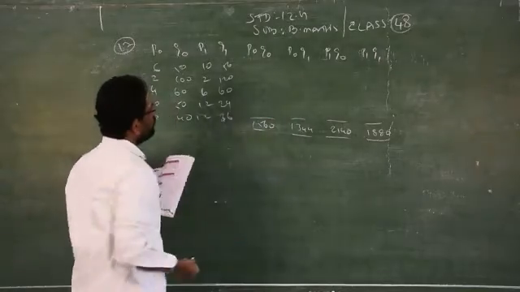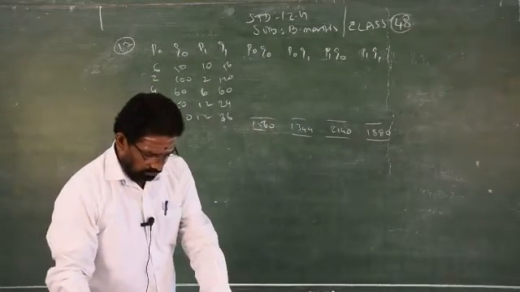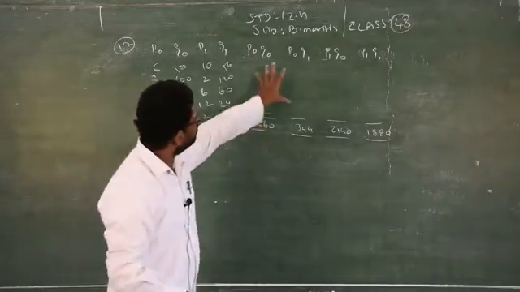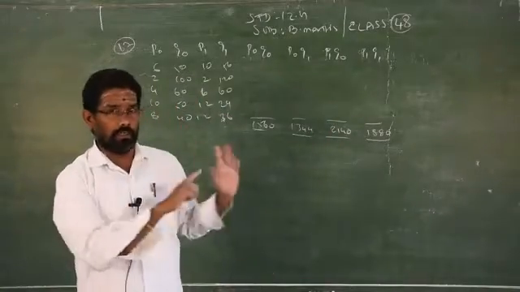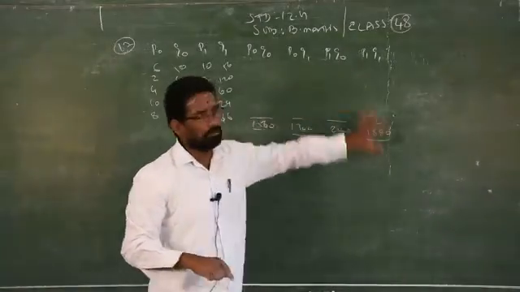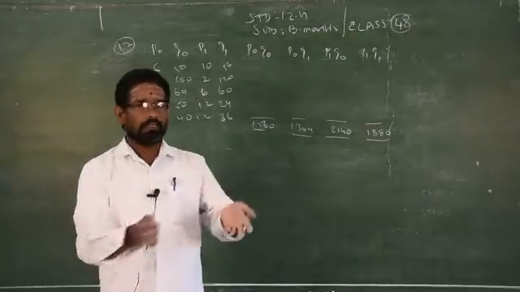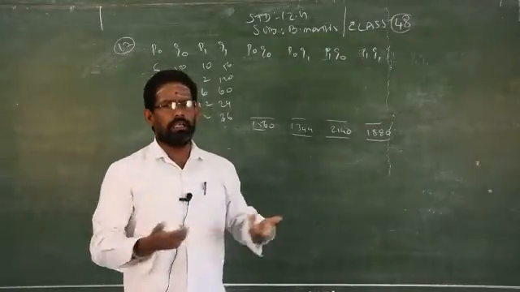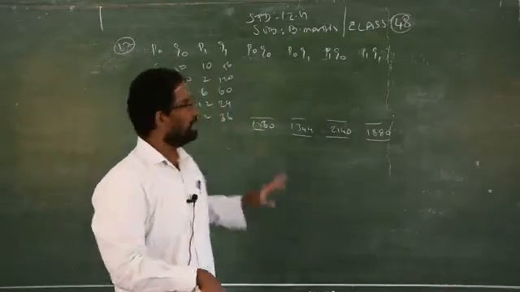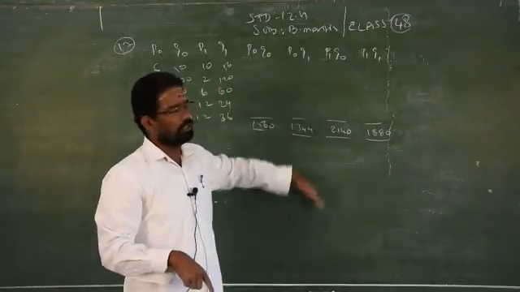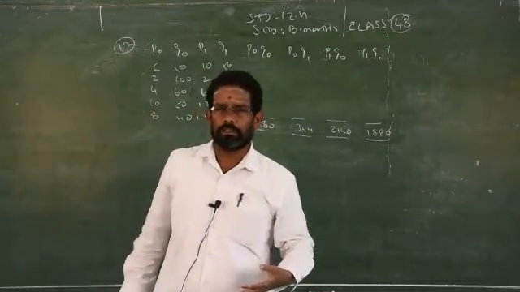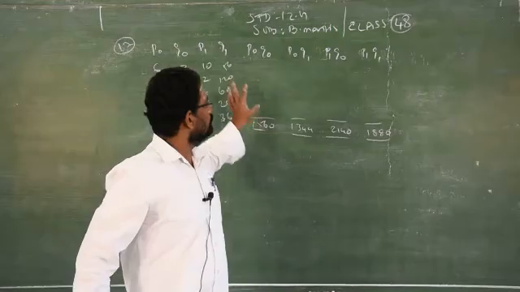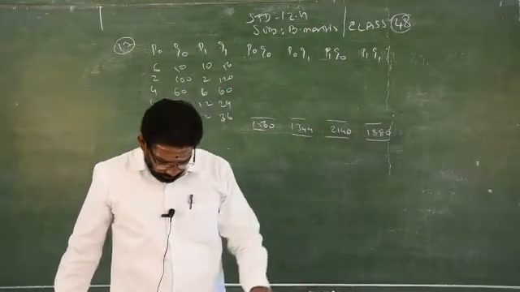After finding P naught, Q naught, we have some values. I found the answer, so you have to check. Don't simply leave it. You have to complete the tabular column. If it were in the classroom, I would give you time to complete it, but this is not a classroom, it is YouTube classes. So I did one problem properly, and the next one you have to do yourself. This is calculator based, so there is no need to work out everything. You have to complete it at home and find out.